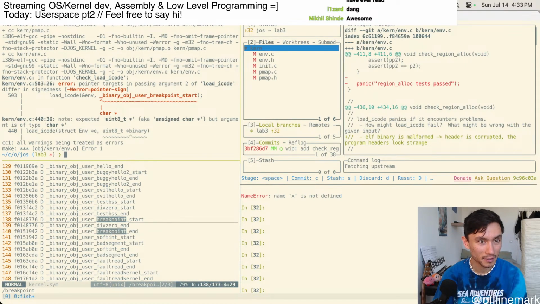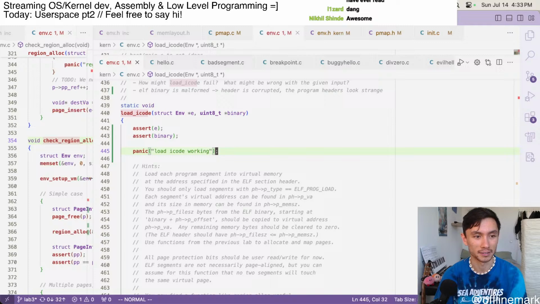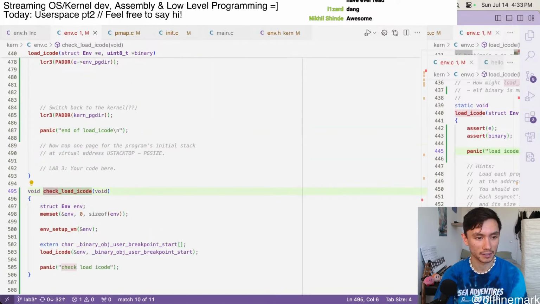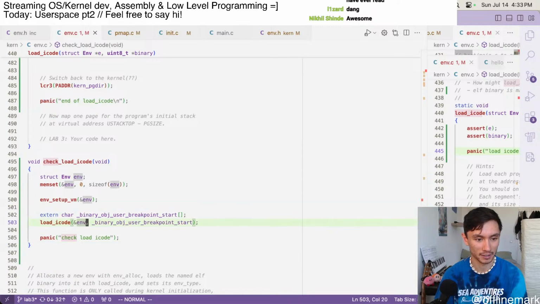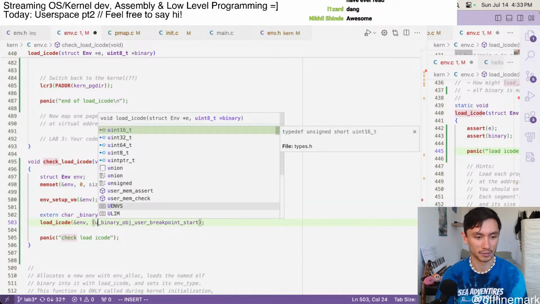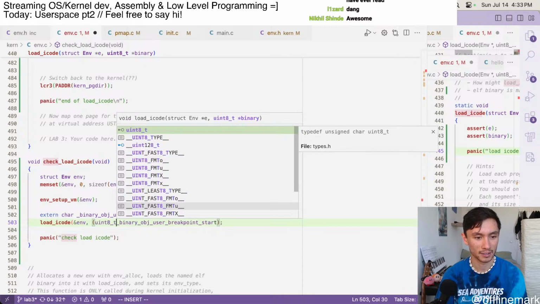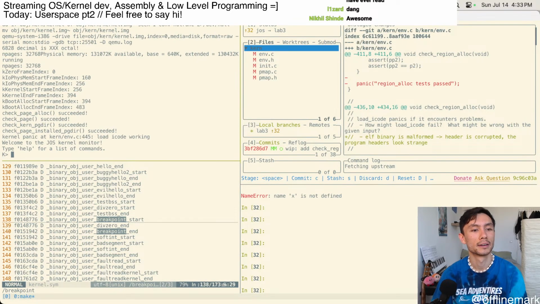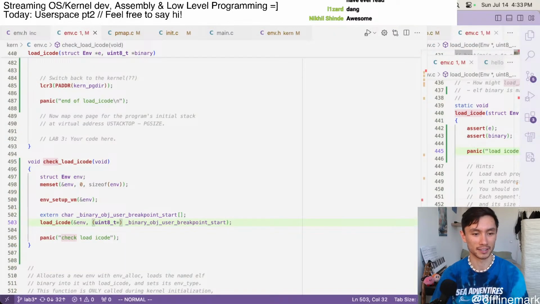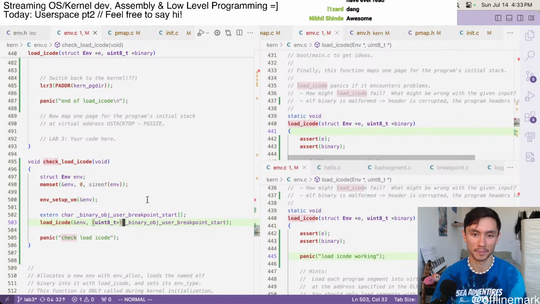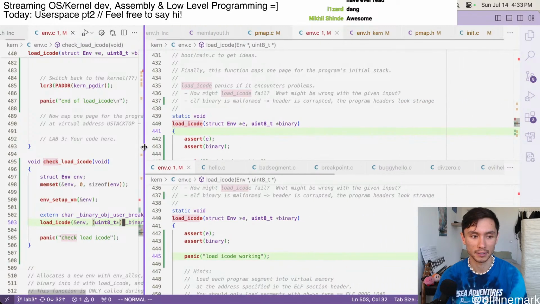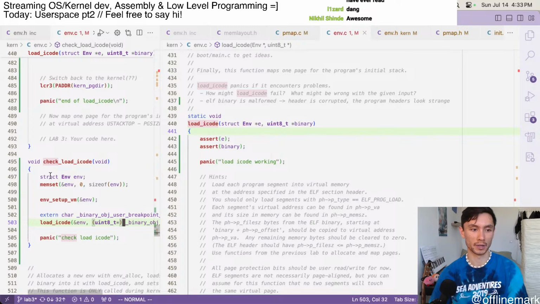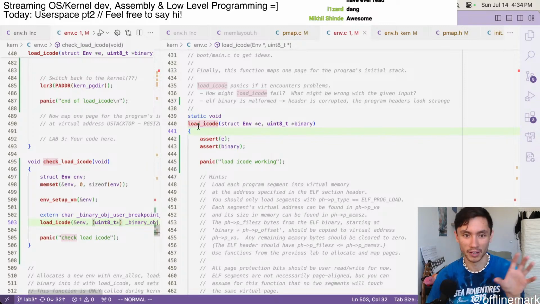But my compiler didn't like that. Check. Okay, because it's like, interesting. I need to cast it. Something like that. Load iCode working. Good. Good. So now clean this up a little bit, clean up this pane. So now we have our kind of like test harness on the left, and we have our actual function that